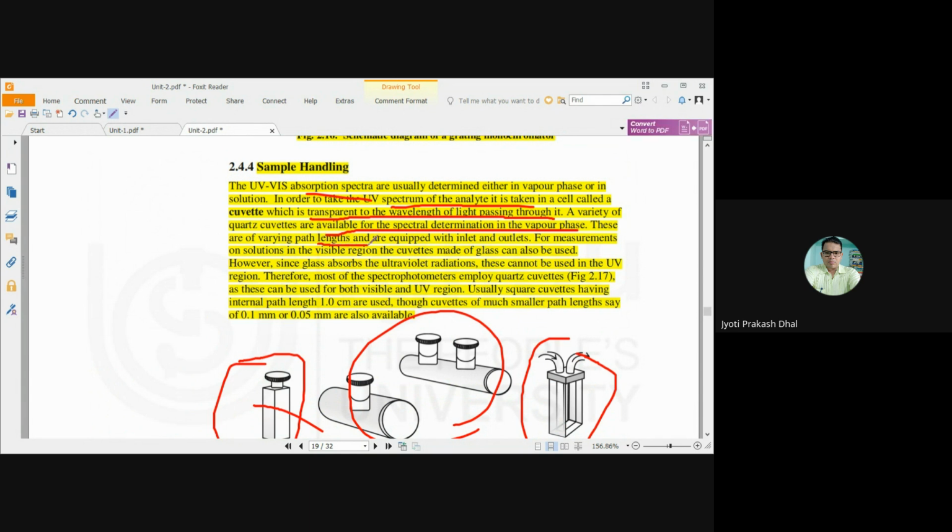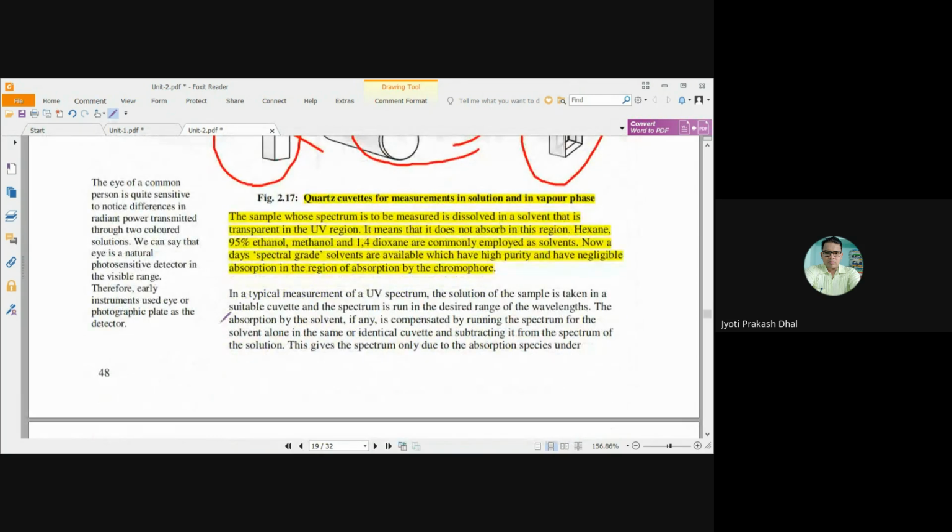These have varying path lengths and are equipped with inlet and outlet. For measurement of solution in the visible region, cuvettes made of glass can be used. But for UV and visible, the cuvettes are made of quartz. So nowadays, quartz cuvettes are used